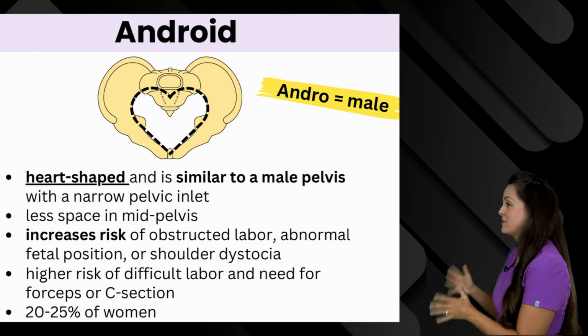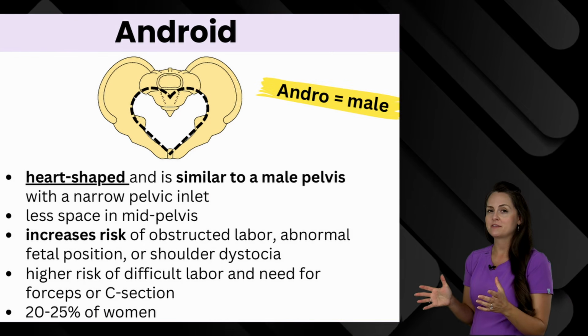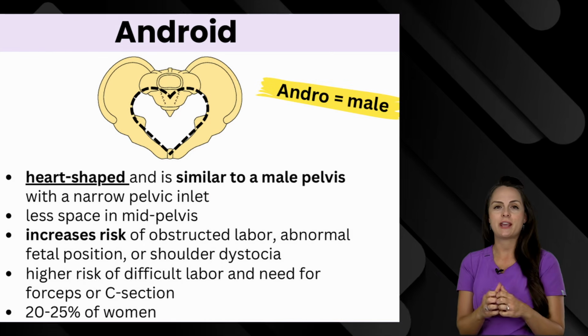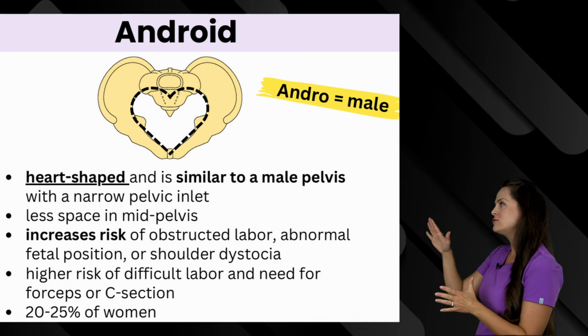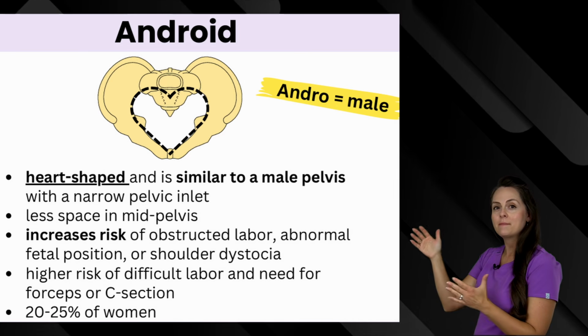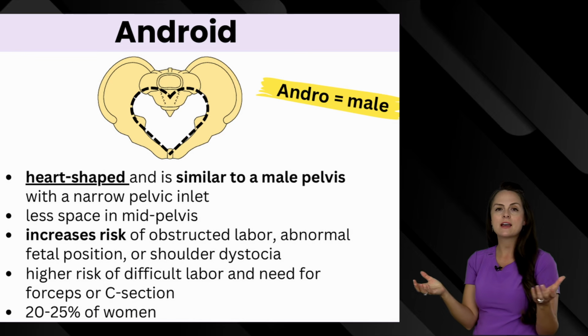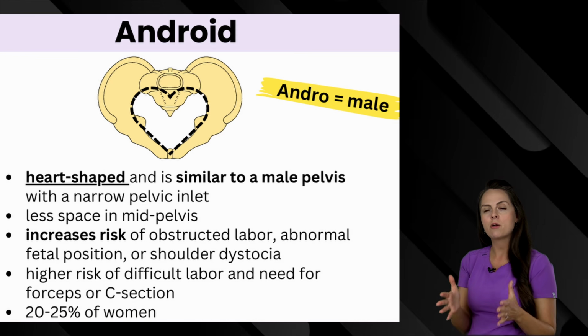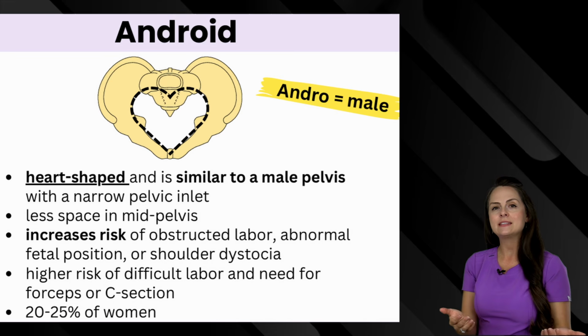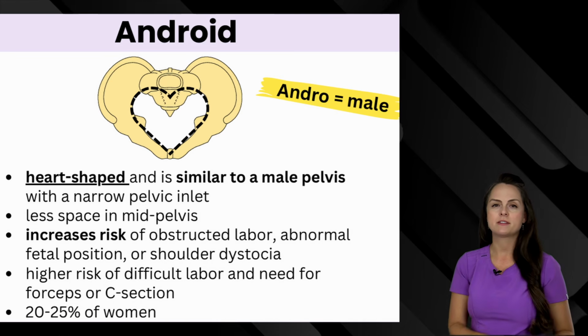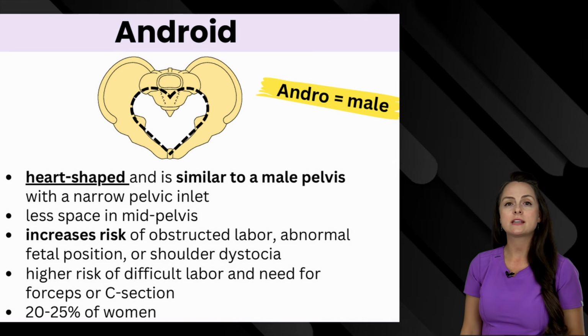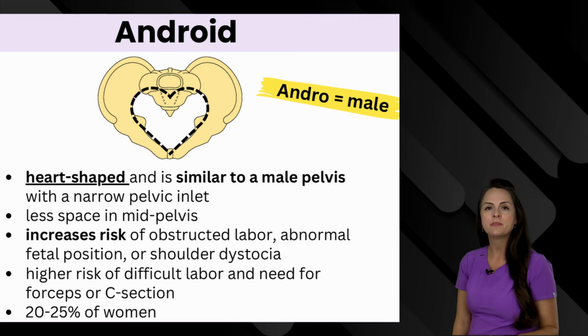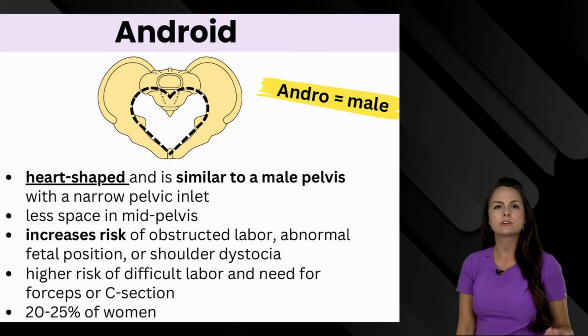Next type is android. And what you want to remember about this pelvis type is that it is heart-shaped. And the term andro in that word android, that means male. So this pelvis type is similar to the male pelvis, which has a narrow pelvic inlet and it's going to have less space in its mid-pelvis. Now, because of this, it can cause a difficult labor for the patient, which may require the use of forceps